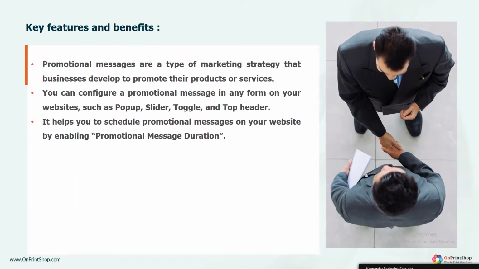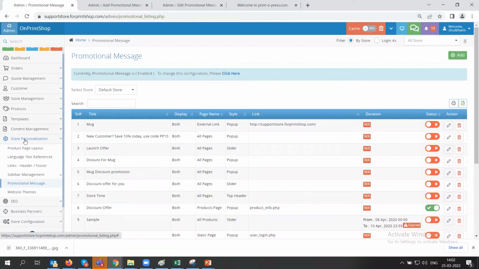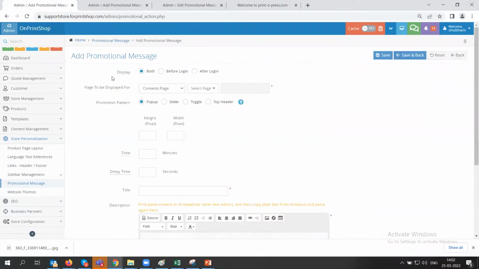Let's have a look into the admin. First of all, we need to go to personalization, promotional message. Here you can see there is an add button in the top right corner. Just click over here. So here, first of all, you need to add these details where you need to select